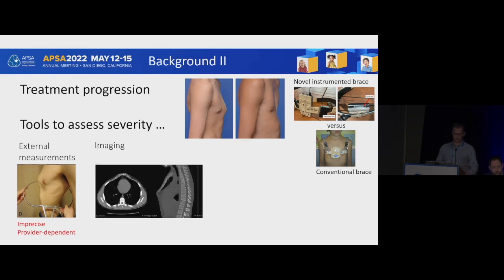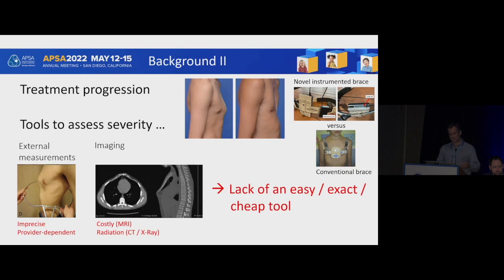We only do imaging in those patients that we prepare for surgery. And if you have to do repeated MRI imaging, it's costly, and probably not every institution has it readily available. And if you do repeated X-rays or CT scans, then you radiate the patient and increase his lifetime risk for a later malignancy. So there is no easy, exact and cheap tool to assess the severity of the disease,